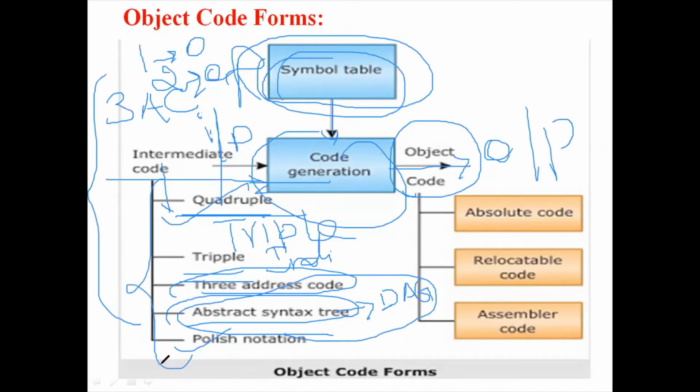Quadruple, triple, indirect triple. Triple means you have to implement the quadruple statement. Indirect triple means, based on the given statement, you have to create its own block of statements. You have to write the definition. Three address code means one for operand, two for operators. Abstract syntax tree: based on the given example, you have to draw the syntax tree for the given format. The syntax tree is nothing but a graphical representation. Both DAG and syntax tree are done in the graphical representation format.